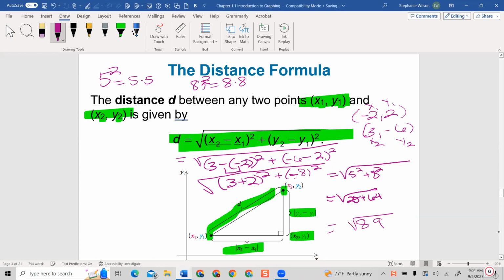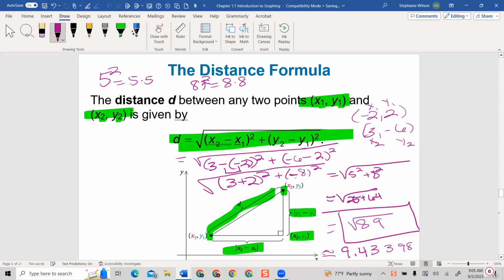Now I'm going to see if it will clean up and factor down. In this case here, it does not. So this is my exact form. You will put it in decimal form if it asks you for decimal form. If it asks you to round to, let's just say, the nearest hundredths, I get this decimal number of